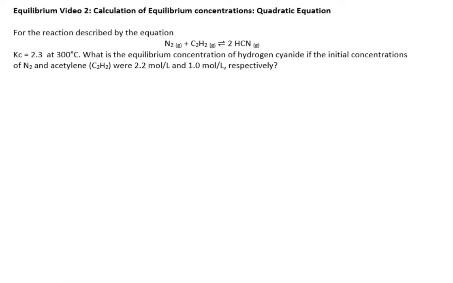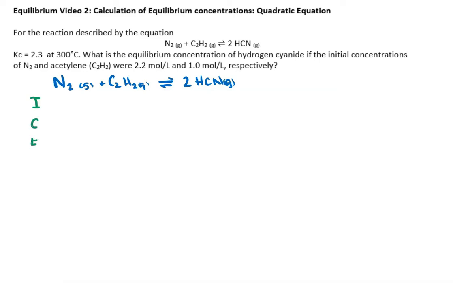In this example, we're being asked to calculate our equilibrium concentrations. So first thing, we write our balanced chemical equation just like we did before. And then we're going to do our ICE table where we write our initial, our change in concentration, and our